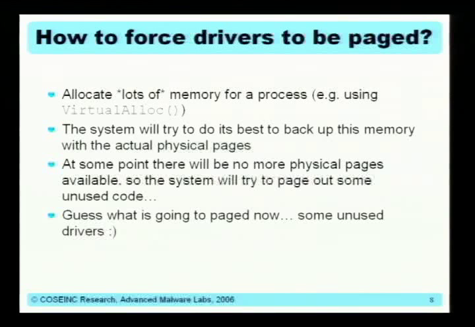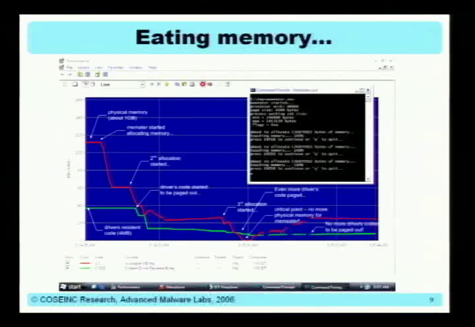So when some user mode application starts allocating more and more virtual memory, the system will try to back up this memory with physical memory. And as we will see in the next slide here, I hope you have a copy of the slides in your notebook so you can see the slide in a better way than here. But it shows that